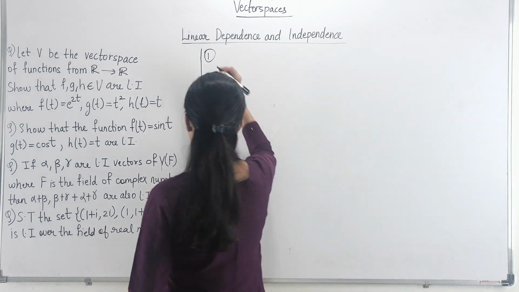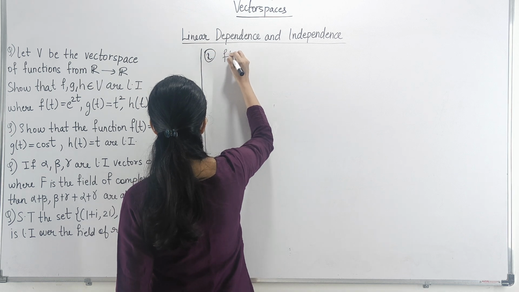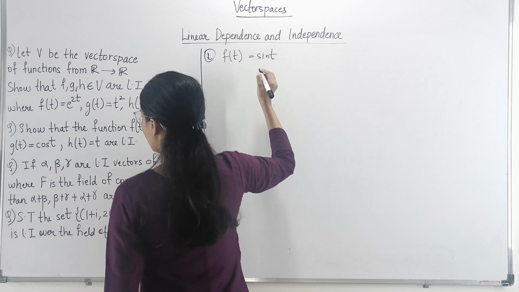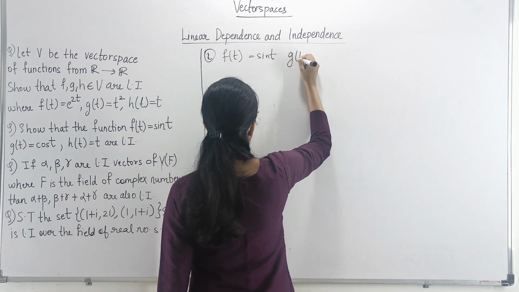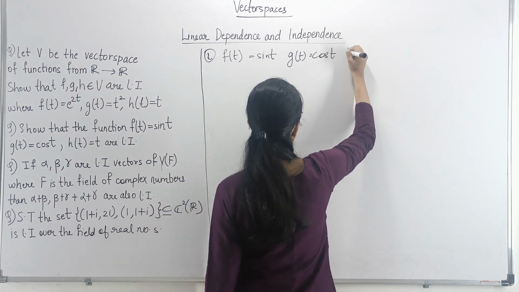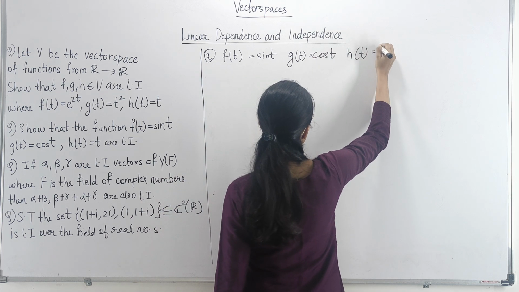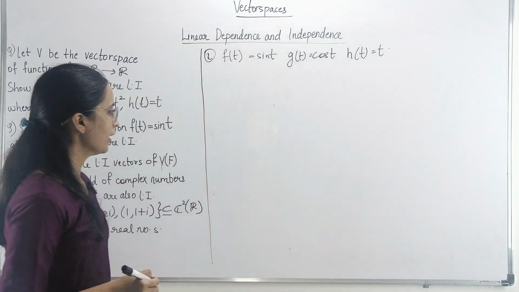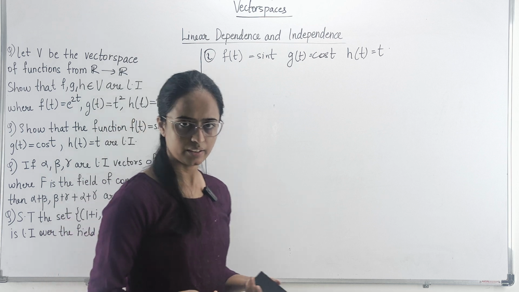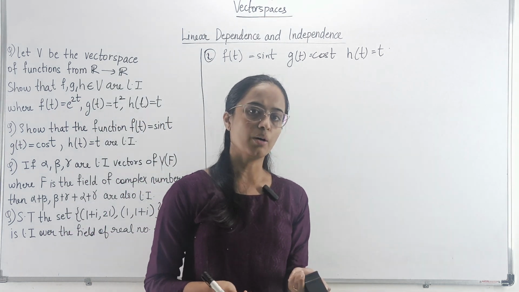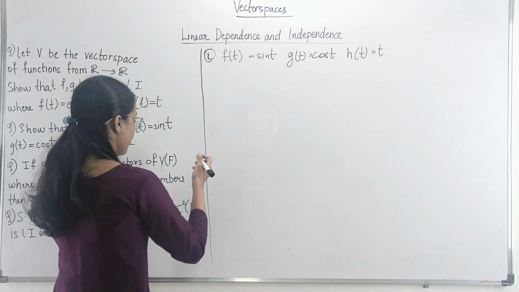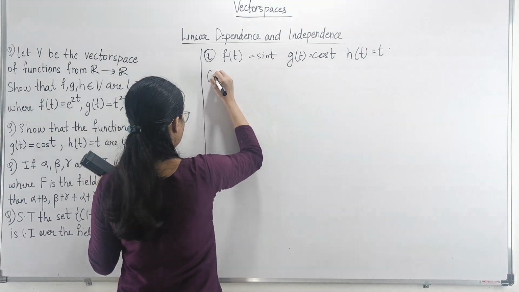So similarly, on similar lines for problem number 2, here f of t we will take as sin t, then g of t we are going to take as cos t, and here h of t is t. Okay, now here if you see, t corresponds to the angle theta. Instead of theta they have taken t. So now we will take values of t in terms of angle. So same, we are going to say that consider